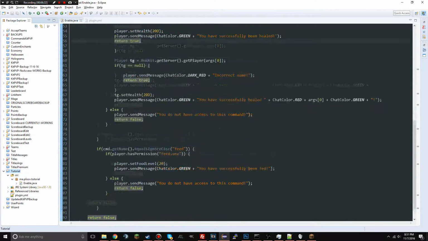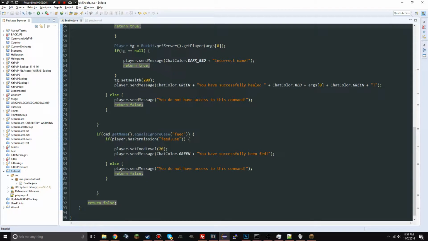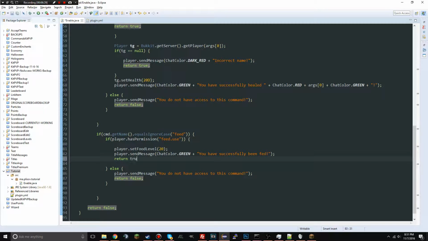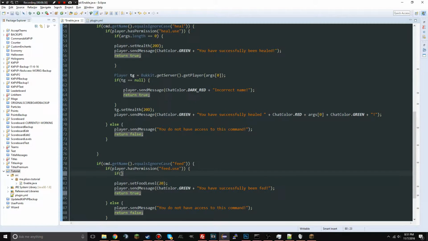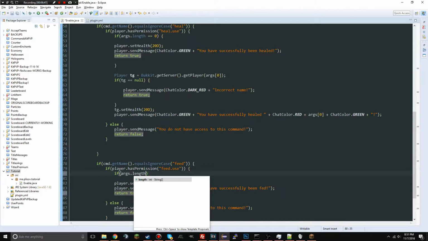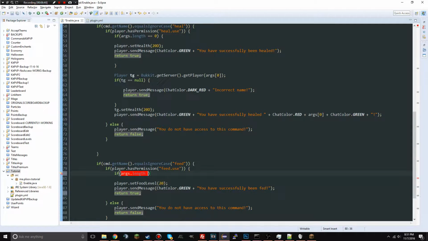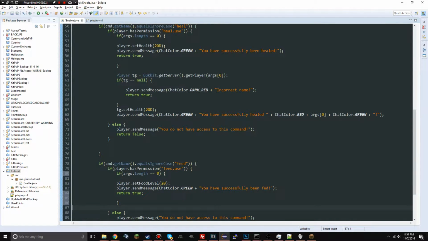So let's do that quickly with feed. The way we do that is just return true, and basically we do the same thing. Let's go over that one more time. So we go if args.length is equal to 0. Nope, that's not where it goes. I'm gonna put it right here. Alright, there we go. So if it's equal to 0, it's gonna run this, it's gonna give you full health, or my god, full hunger, and then we're gonna make a player tg equals bucket